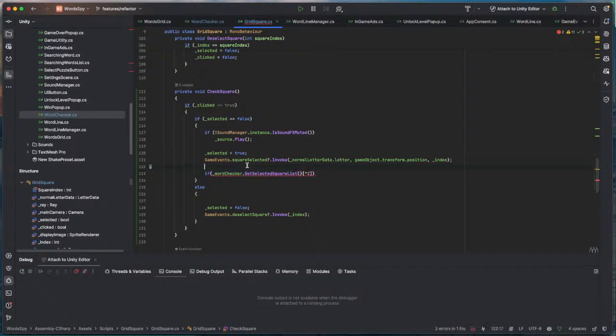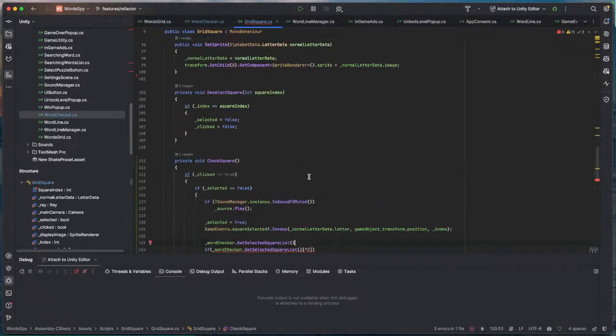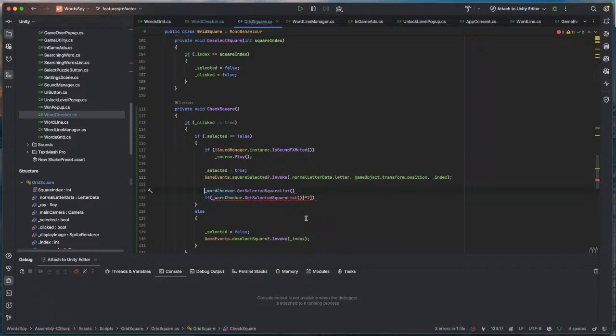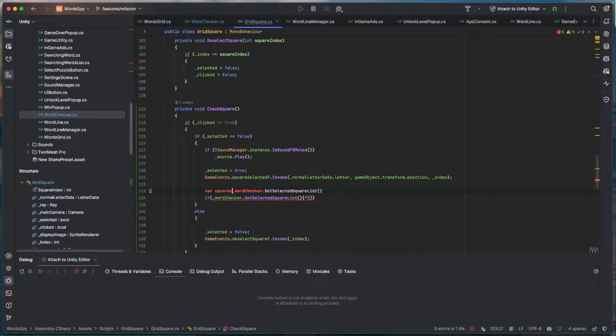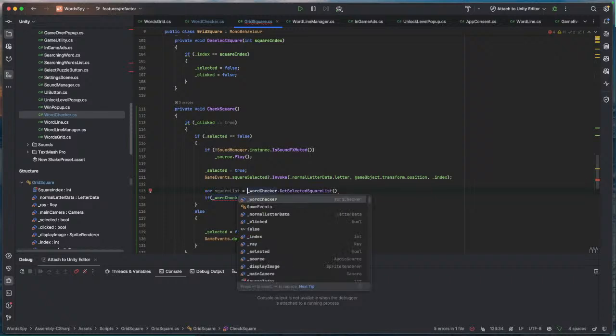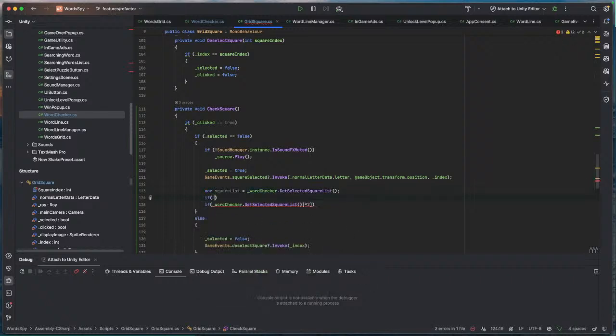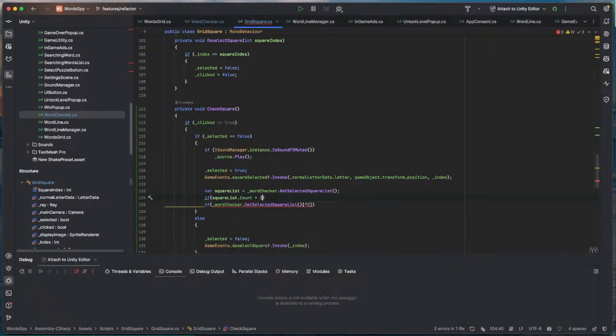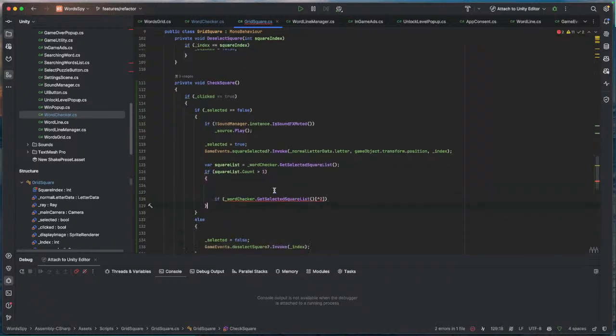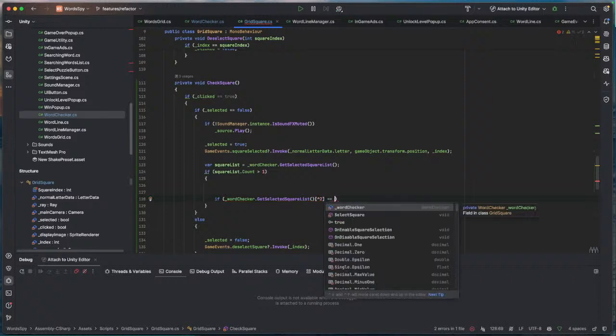So we're going to do that only if the square list dot count is more than 1, so we have at least 2 elements. And if that's the case we can get the previous element, and if this element is equal to the index,